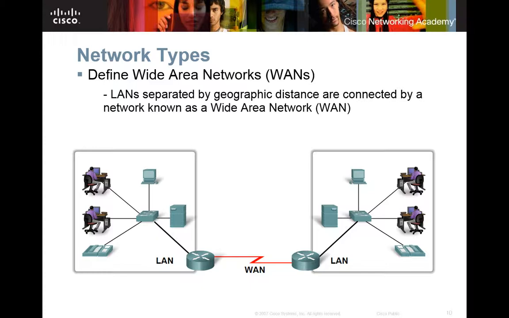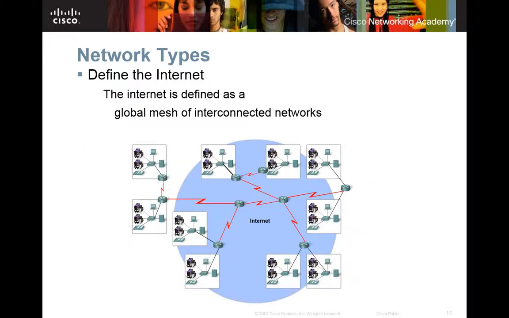The school doesn't have that. It could be a WAN by definition, but it's called something else. They call it a VPN, where they connect to each other. Would something like AT&T's network be considered a WAN? That would be a WAN. Cox too, because they have a bunch of LANs all connected together. Now, when they leave there, we start getting into the internet, and I'll explain that in just a second. Here's the internet. The internet is defined as a global mesh of WANs.